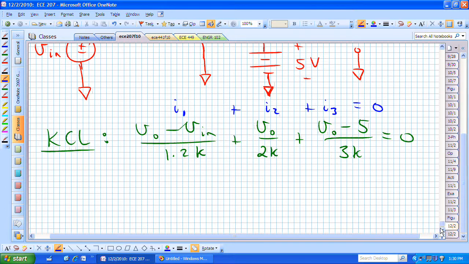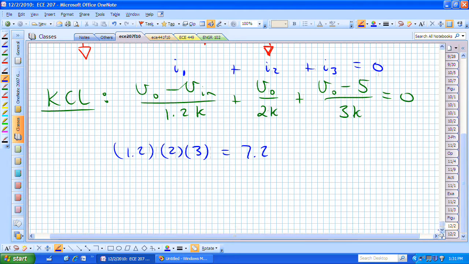Let's clean that up a little bit. We have a common multiplier downstairs. If we just take all of the denominator pieces, obviously it's scaled by k, but now we have 6 times 1.2, or 7.2k. If we multiply both sides through by that, then we will end up with